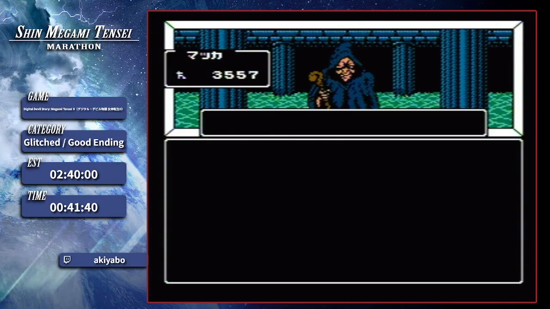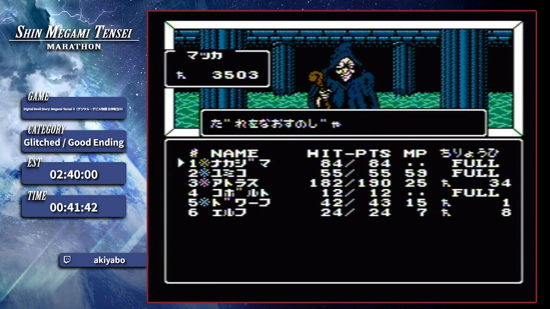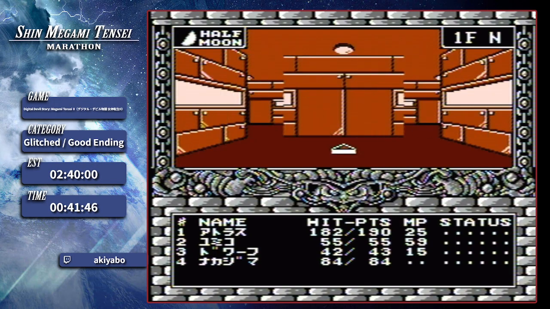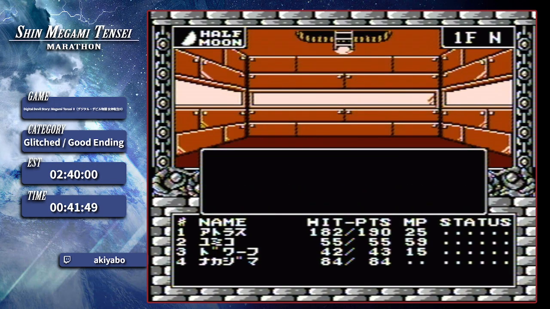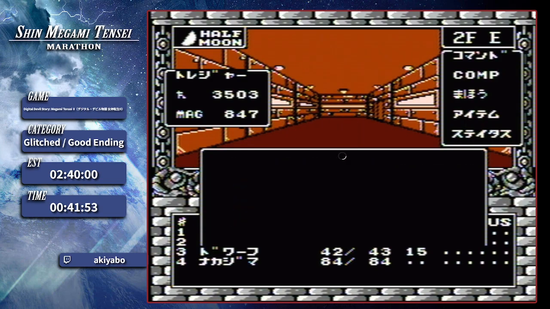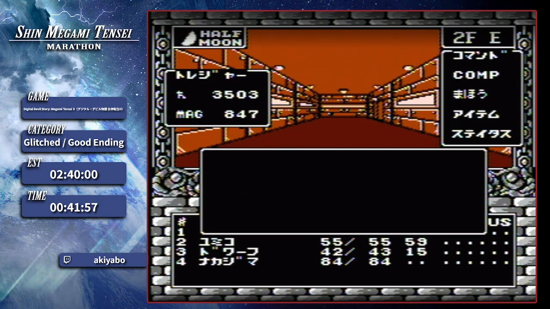Well, and before we go to Shinjuku, we're actually gonna go through Ikebukuro, which is this really big dungeon. But you don't go through a lot of it most of the time. It's a very confusing dungeon. We just go straight to the boss fight on the second floor,